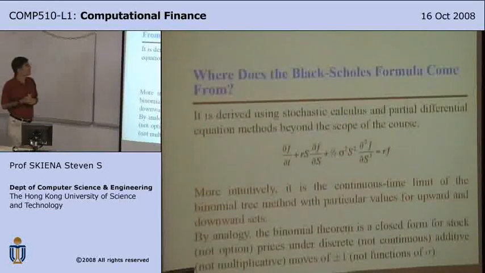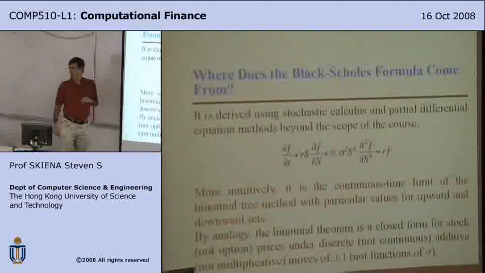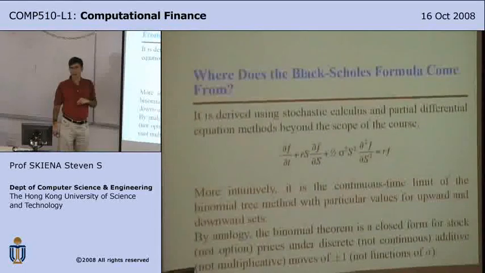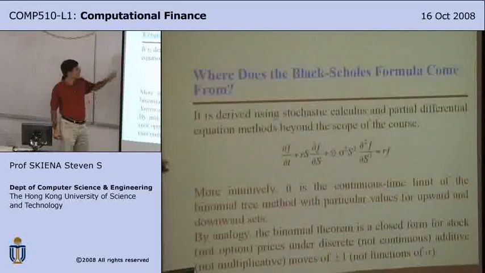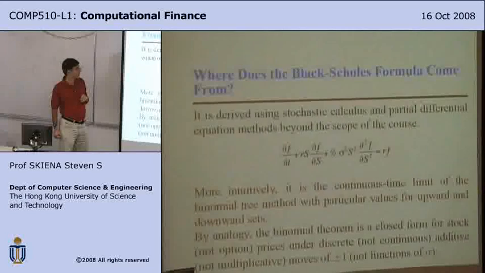Now, when you look at a book, what the Black-Scholes equation is, okay, you end up seeing something like this. This is a partial differential equation, okay? Now, I had differential equations 25 years ago at 8 in the morning, okay? And I would not recognize a differential equation if I woke up in bed with one, to be perfectly honest with you, okay? But, so this doesn't really mean very much to me, okay?